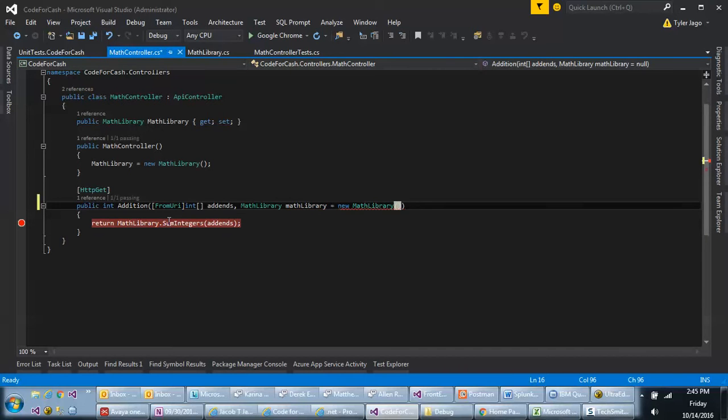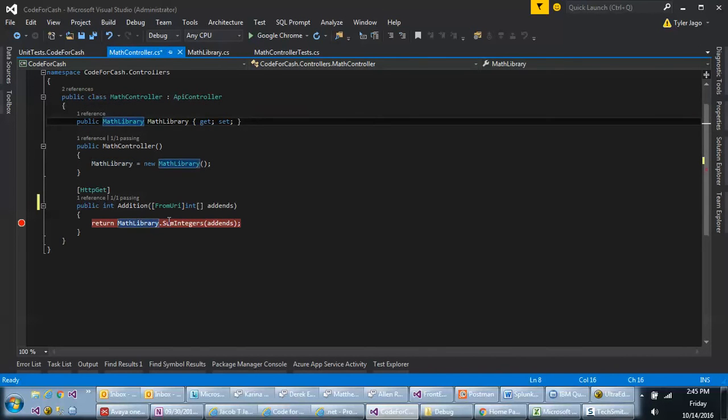So I could do something along those lines. If I wanted to, I could take it in the constructor of the math controller. I could expose this as a property and override that math library property. So there's a variety of ways I can dependency inject it in, but the issue that we're going to run